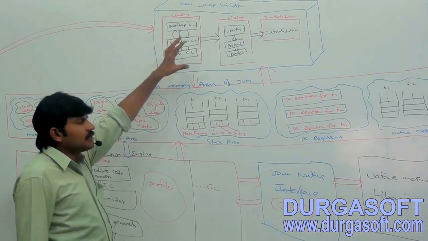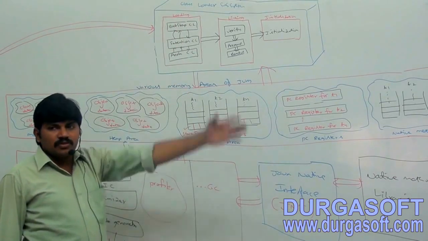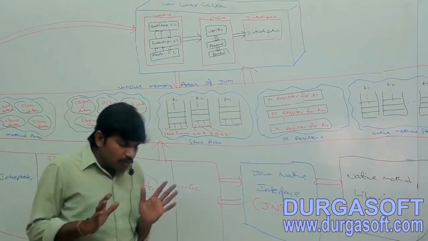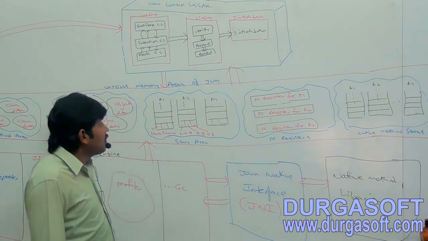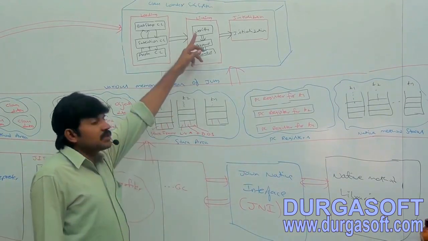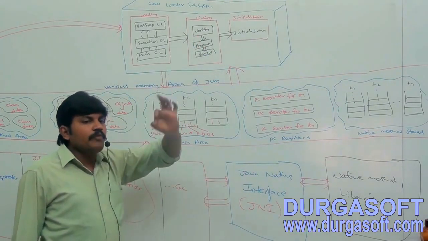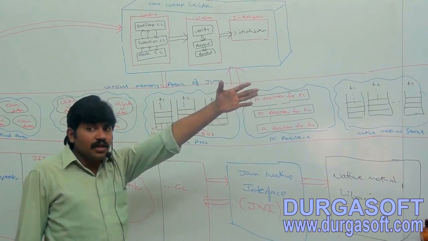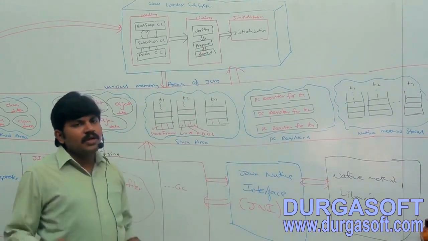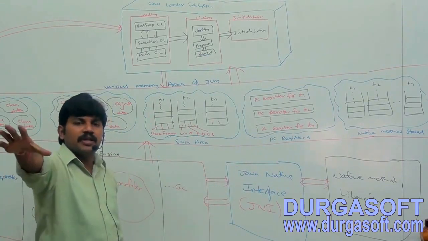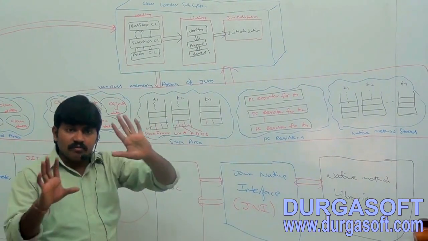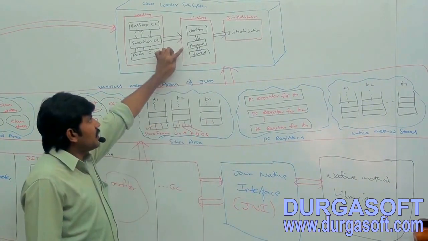After this loading, immediately verification is going to start. Bytecode verifier is going to verify whether your generated bytecode is proper or not, generated by a valid compiler or not. Is it a virus or something like that? The verifier takes care of it. If verification fails, then immediately we will get what? Verify error. So a Java program is always secure. Happily, blindly you can execute on any machine because the bytecode verifier is going to take care whether it is valid or not.